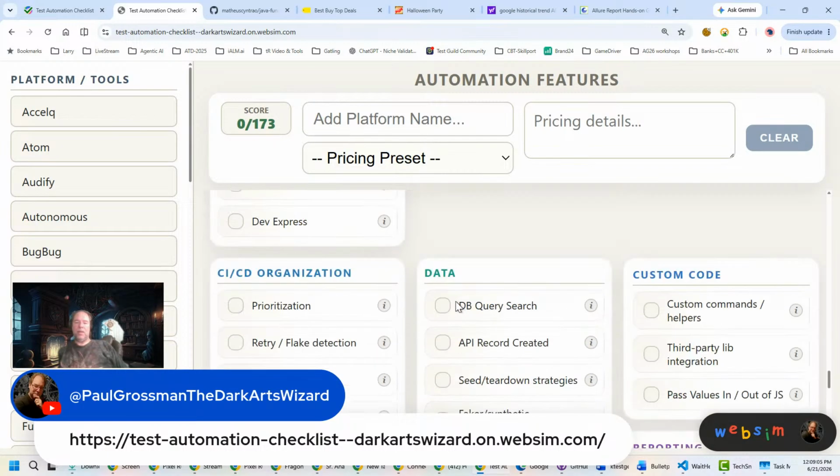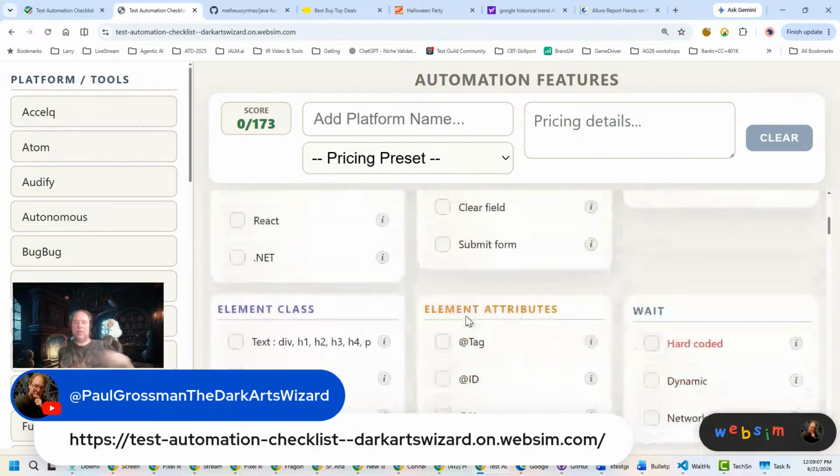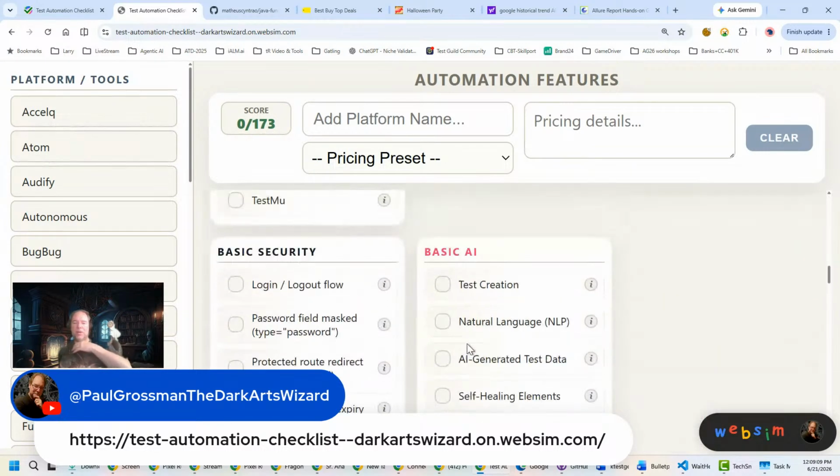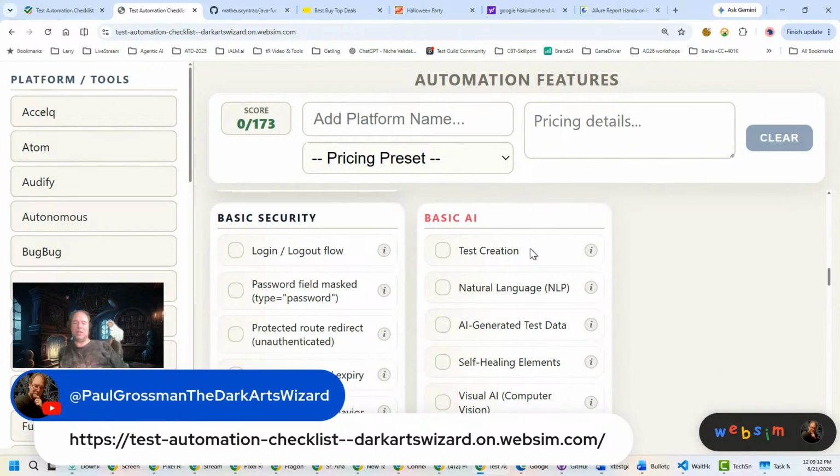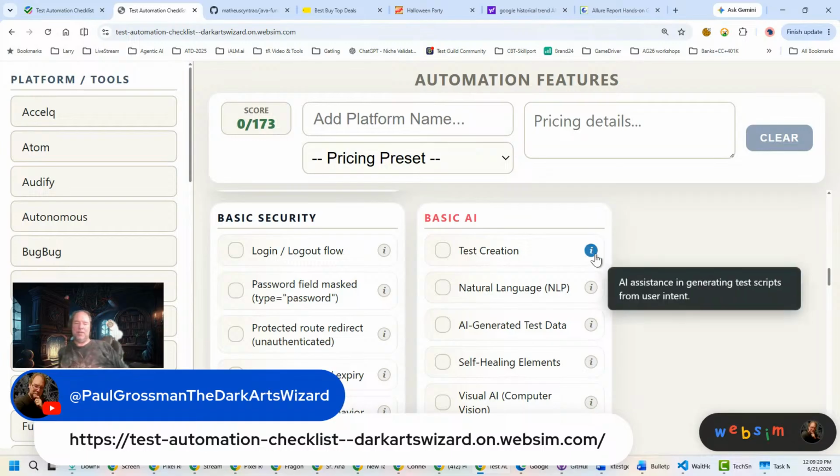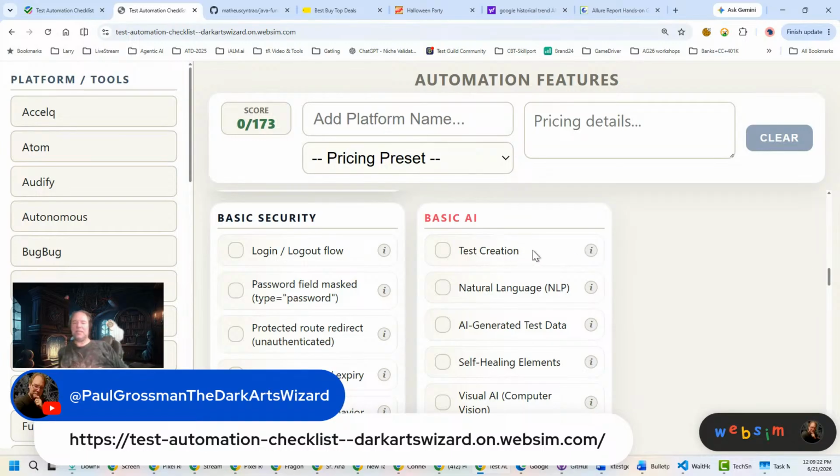What are we left with? AI, our newest feature that's out here. So let's go to the basic AI things that you want to be able to have your automation test do. I don't even say any of this is that basic. This is all advanced. But one, you want to see if AI can generate test cases, especially if you've got